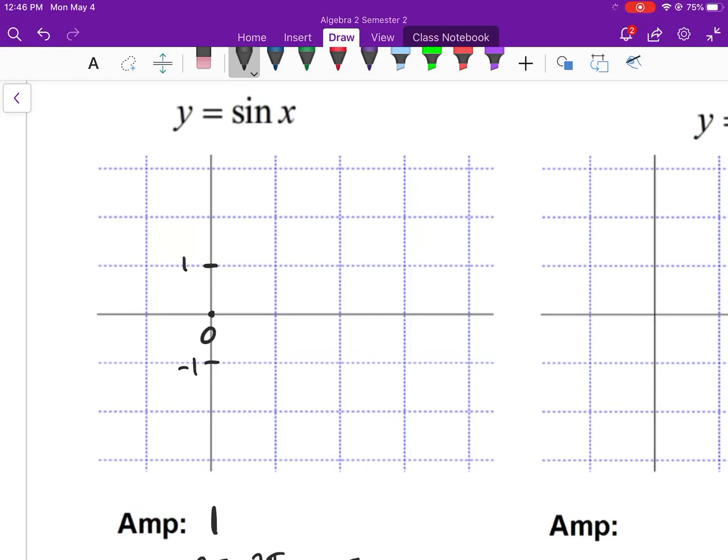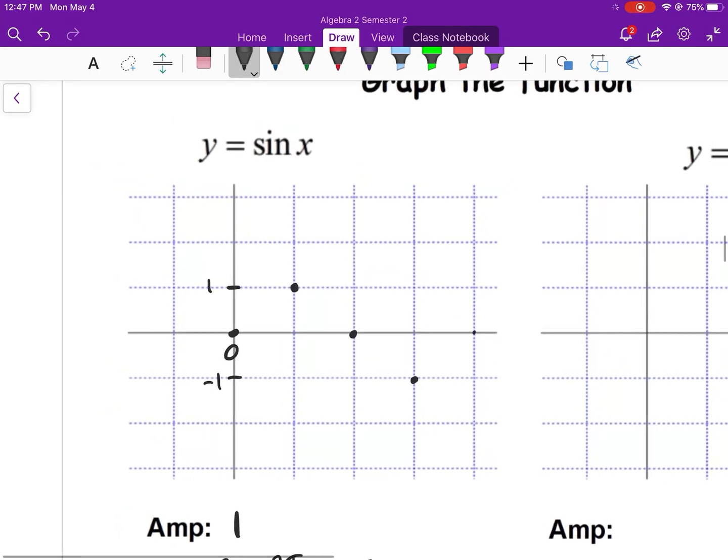Okay, and then, well, before we get that, we're actually going to graph this. Sine always starts at the midline, and it goes up. Okay, the reason it goes up is because that a value is positive. Once we get to a value that's negative, that's when it will go down initially. Okay, so back to the midline, to the bottom, back to the midline. Okay, so there is our